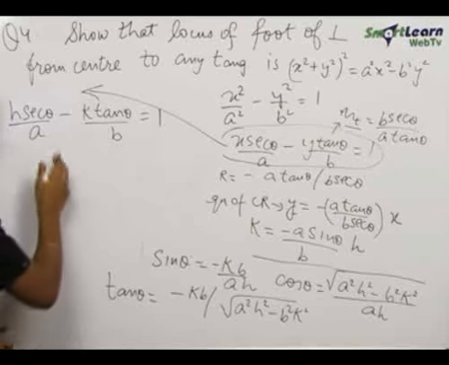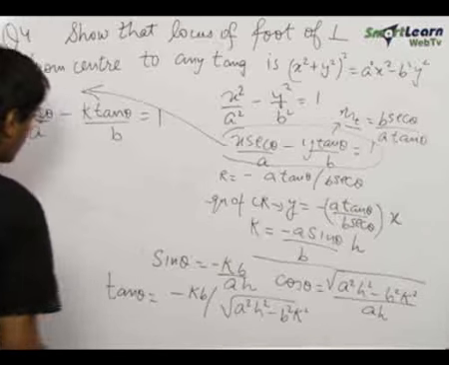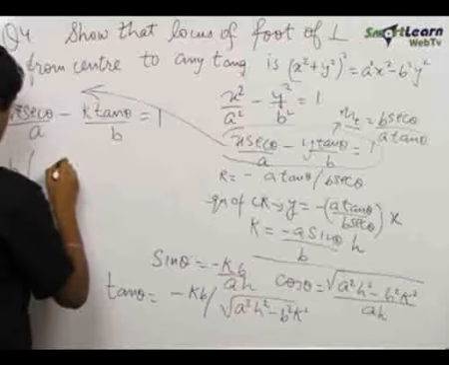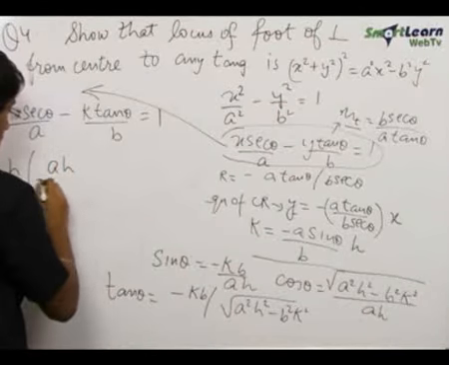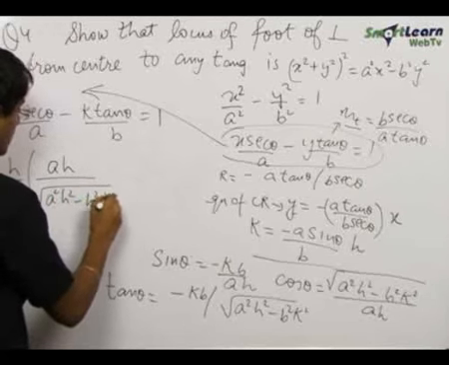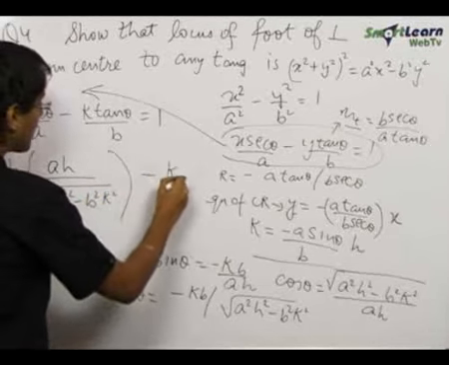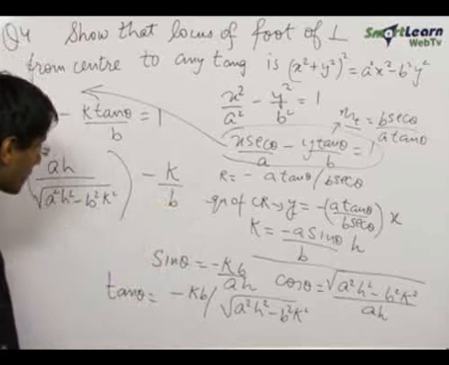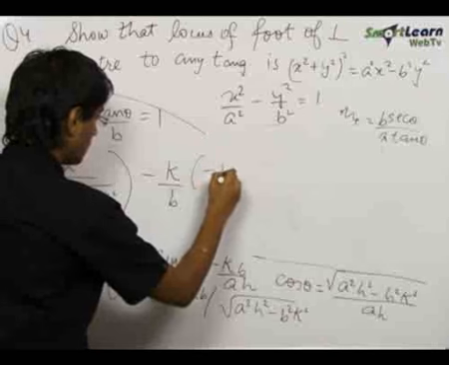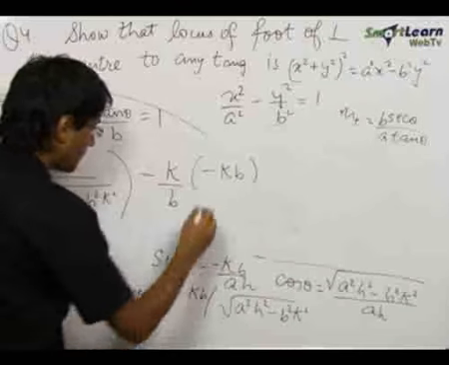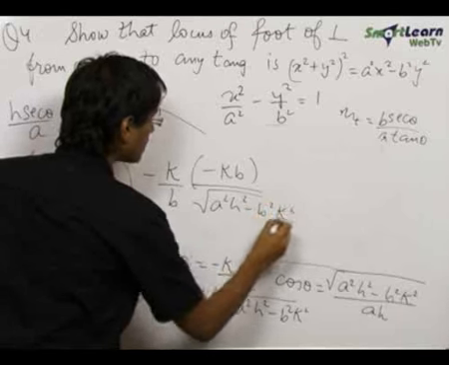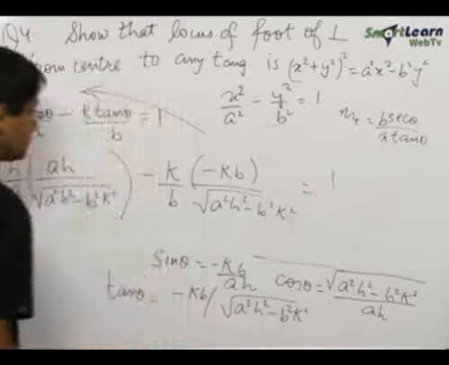Now putting the value of sec theta and tan theta, we get h by a into sec theta, which is ah upon under root of a square h square minus b square k square, minus k by b times tan theta, and tan theta is equal to minus kb upon under root of a square h square minus b square k square,